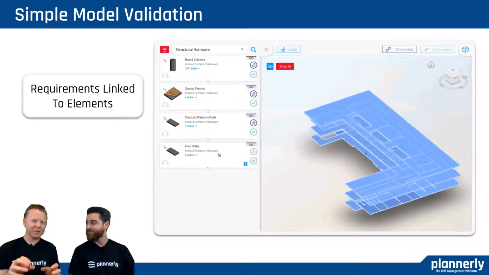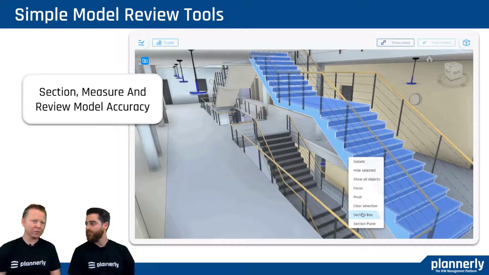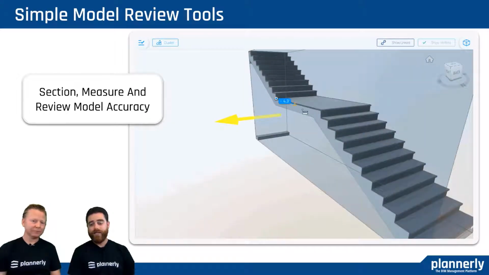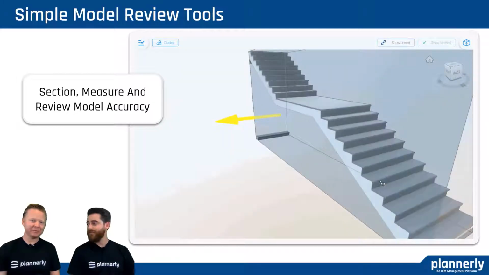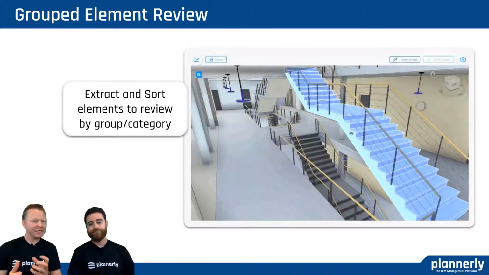Not just having them in the same place, but linked. But that's the power behind having one tool for this workflow. Having the right tool set is important. How can you grade something without a pencil or a highlighter or a ruler? A ruler, exactly. So having those tools at hand is very important to being able to interrogate, take sections, take measurements, understand the parameters, and extract these elements as well.